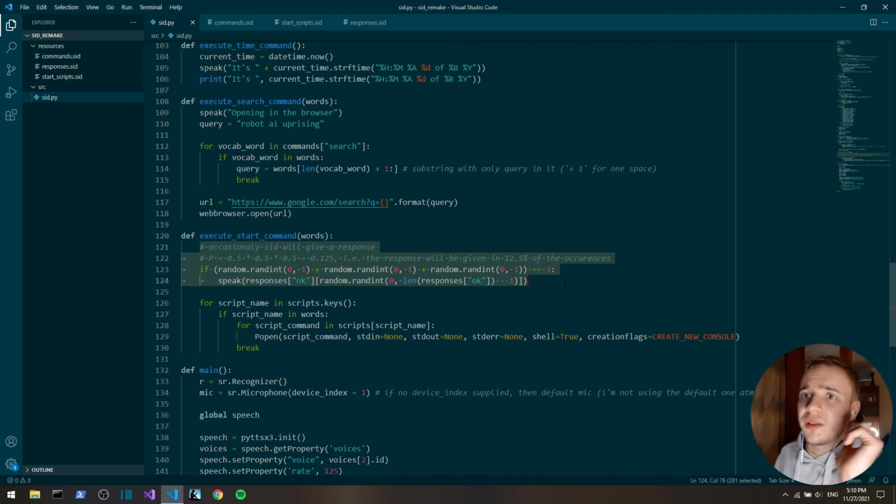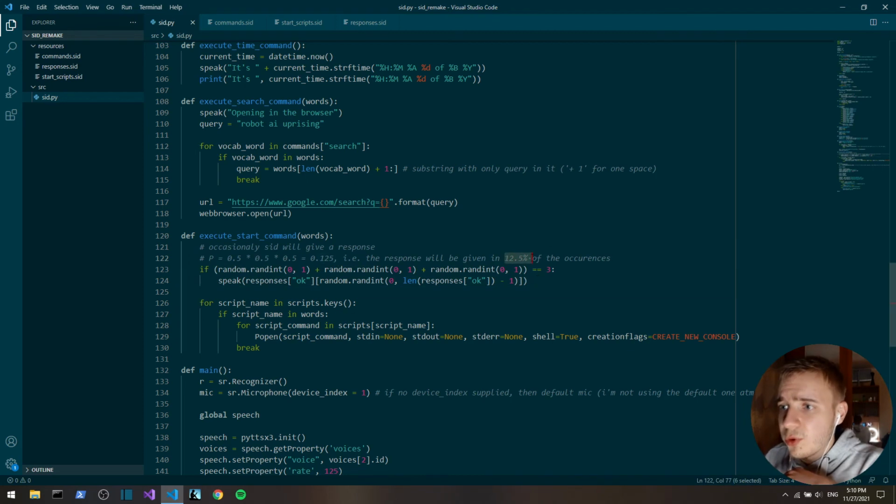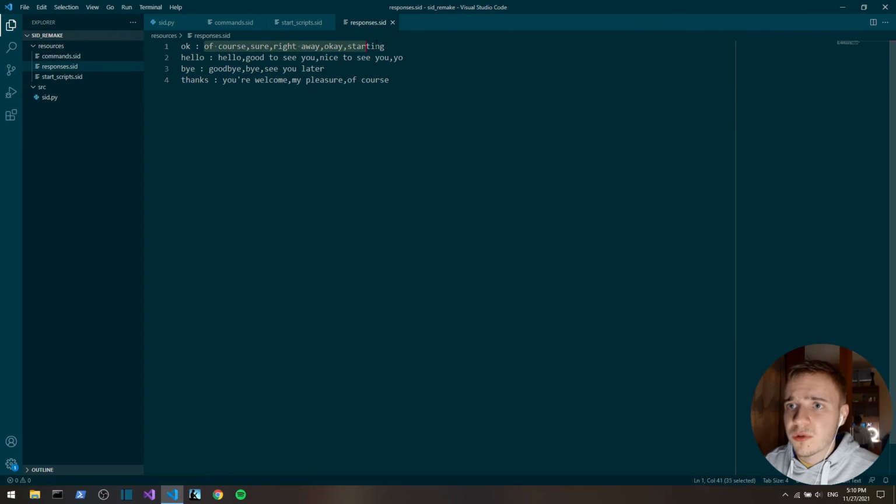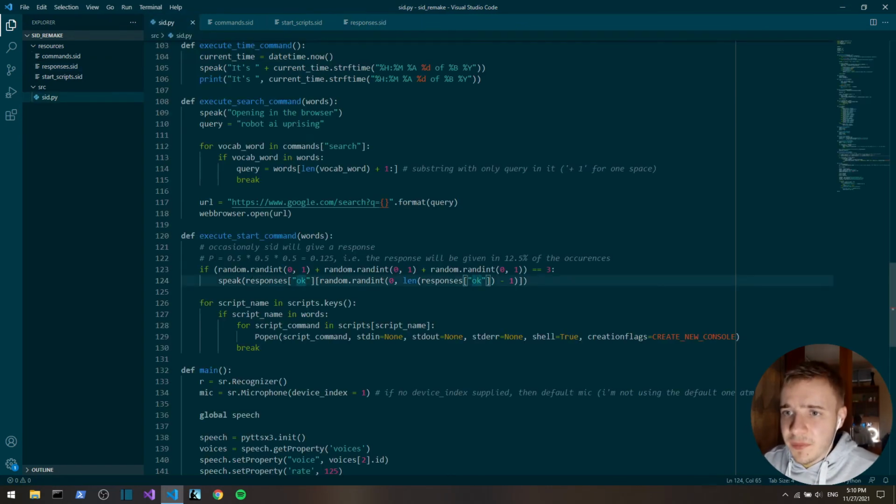You will say open browser and it will open a browser for you and say nothing, but in 12.5% of occurrences it will actually respond with an OK response, one of those where, of course, you write, OK, starting. It's not necessary and you can do without it, but for that we actually need